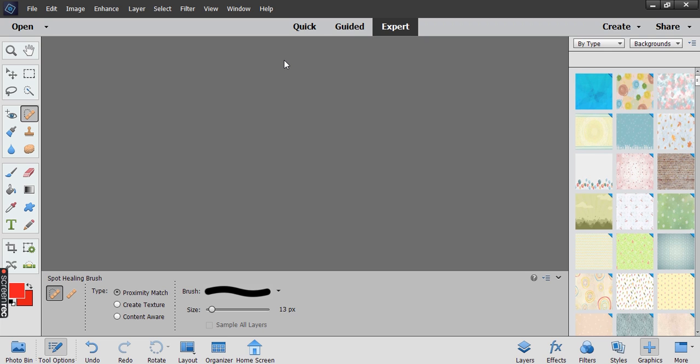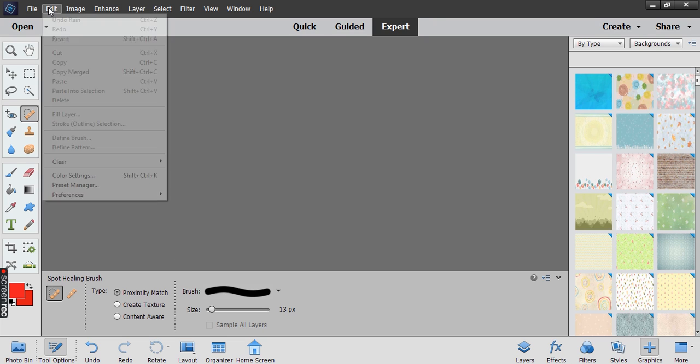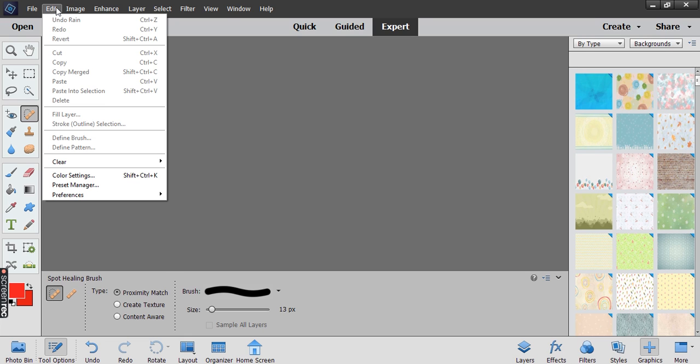Other things that you want to know about the interface is that you've got your screen up here, so if you're unable to find the options using the graphical images or these items that are listed down here, you can always go to the top and you can do a slew of things. Items that you'll be using a lot probably is undo. If you want to go to undo, if you go to a picture and you find that you've destroyed it completely because you didn't create a layer, you can always